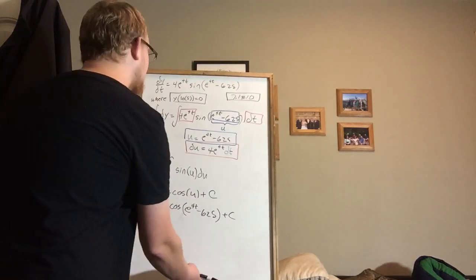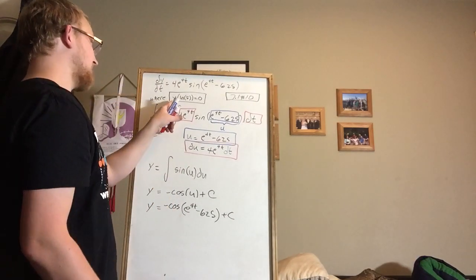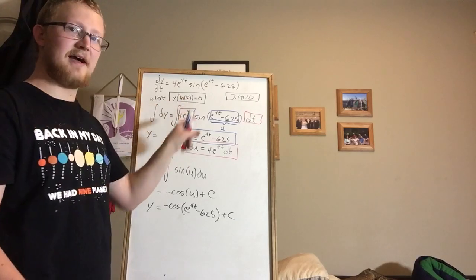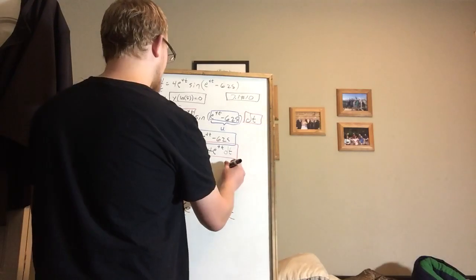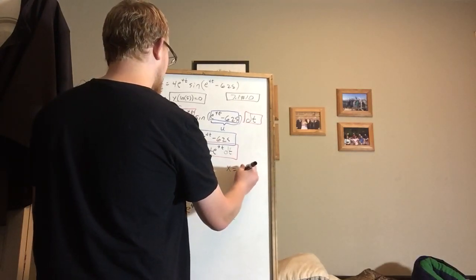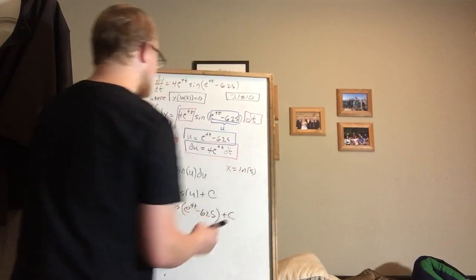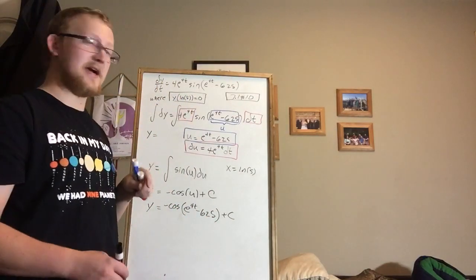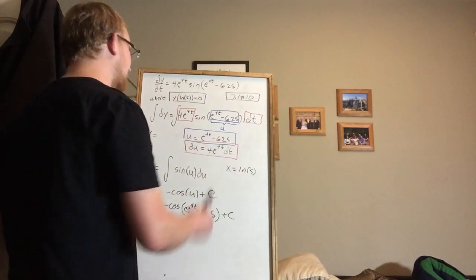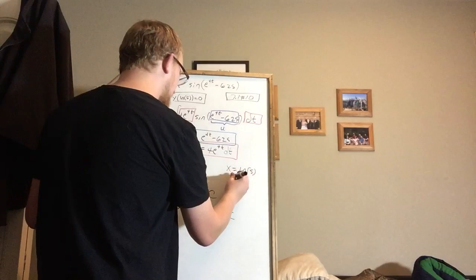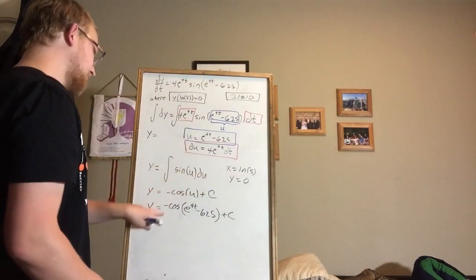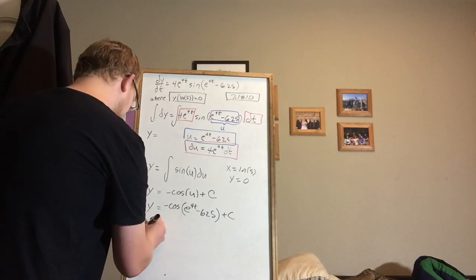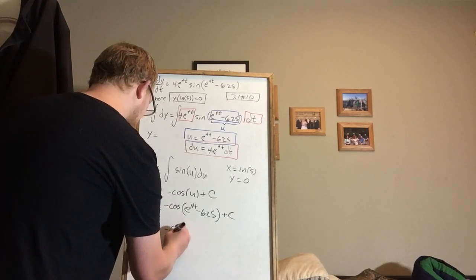Well, now I can use my initial value. As you can see here, I'm plugging in ln of 5 to my y formula. And what this means is that my x, I'm plugging in ln of 5. See, y is a function of x, so when x is ln of 5, my output, which is my y function, is equal to 0. So I can go ahead and make these substitutions, and that's going to set 0 equal to minus cosine